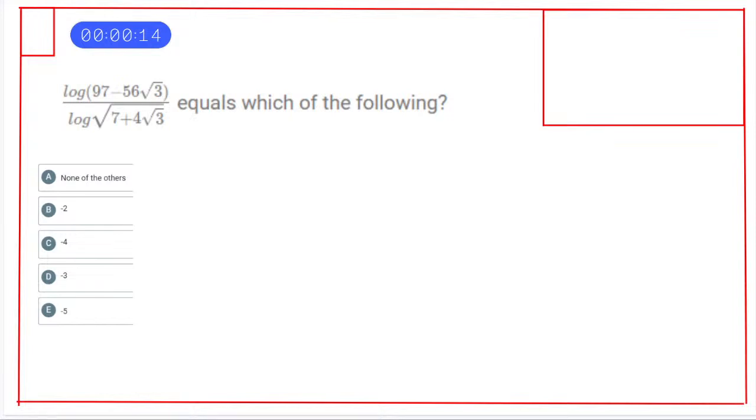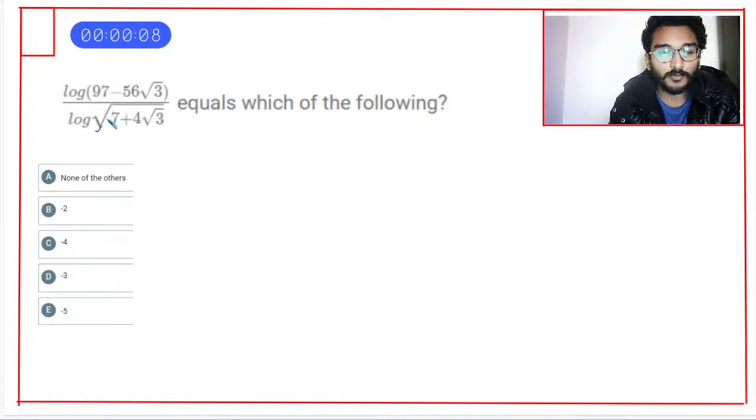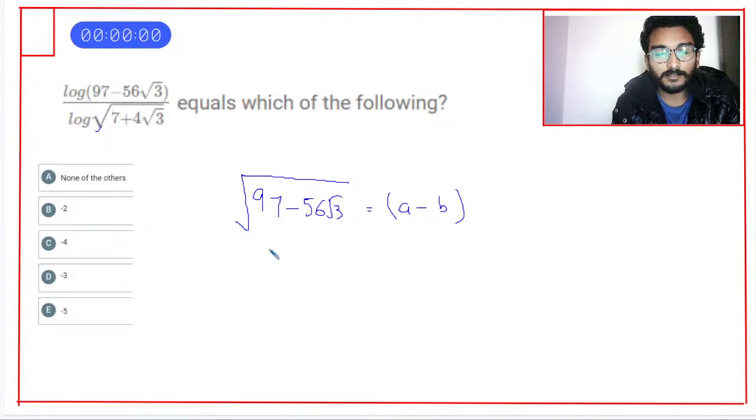Log नहीं आता, अच्छा। ओके चलो, थोड़े प्रॉपर्टीज की जरूरत है बस यहाँ पे। फर्स्ट ऑफ ऑल यू कैन सी, देयर इज अ स्क्वायर रूट and there is no square root on the top. So basically I have to find 97 minus 56 रूट 3 को मैं कैसी, जैसे हम लिखते थे ना इसका स्क्वायर रूट निकालते थे, वो तो याद होगा कॉन्सेप्ट। सो हाउ कैन आई अप्रोच दिस वन, लेट्स से इट वाज a माइनस बी, करेक्ट।